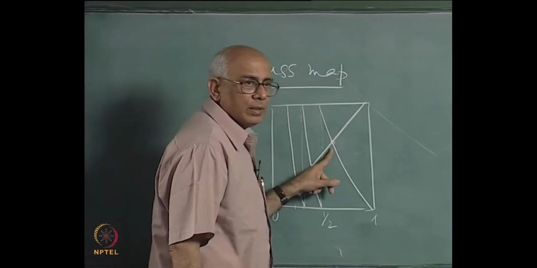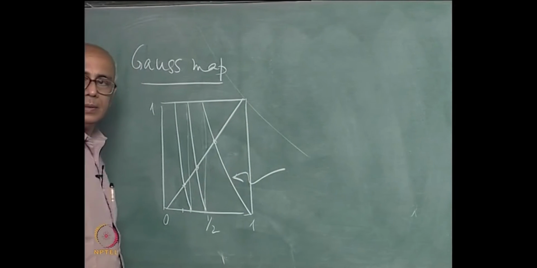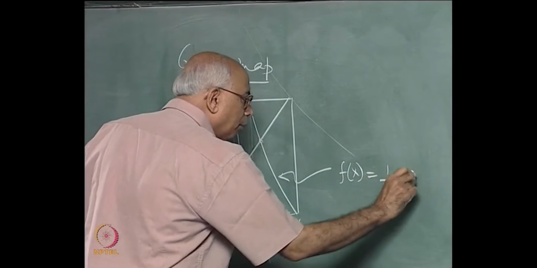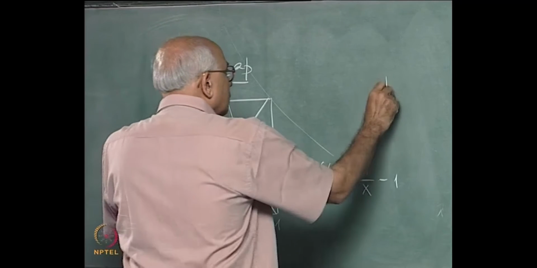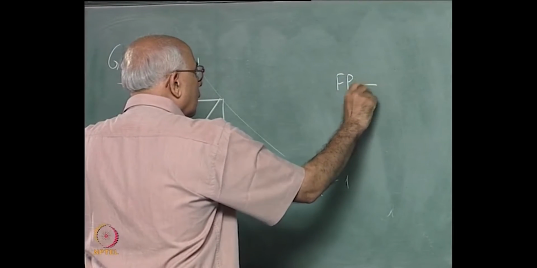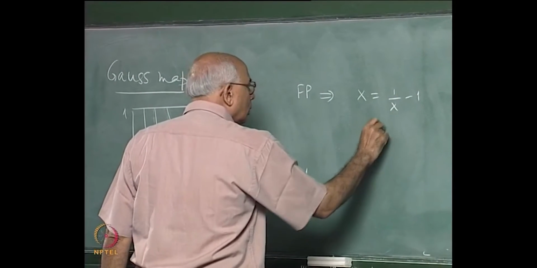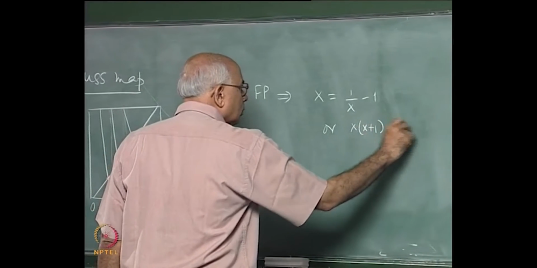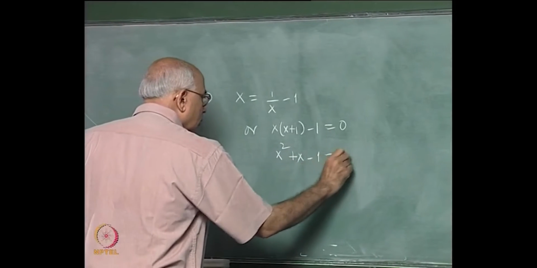This is the largest fixed point of the map here, and on this branch the map function f of x equal to 1 over x minus 1, because that is what I subtracted. So this fixed point implies that x is equal to 1 over x minus 1, or x times x plus 1 minus 1 equal to 0,